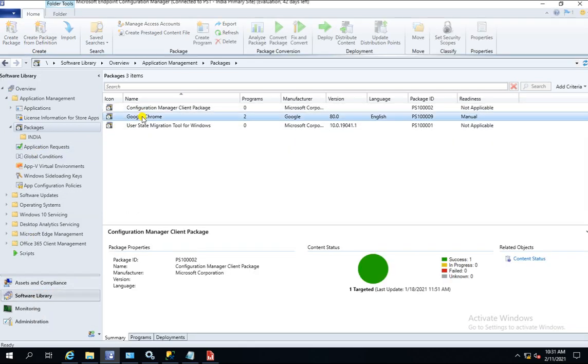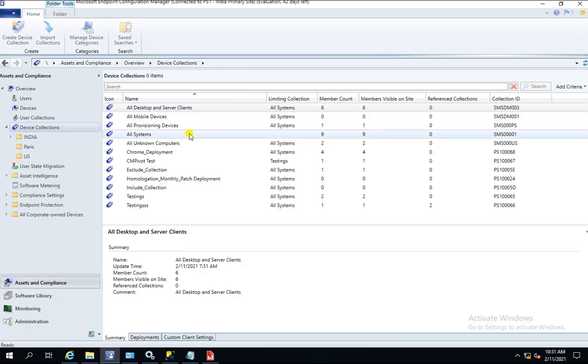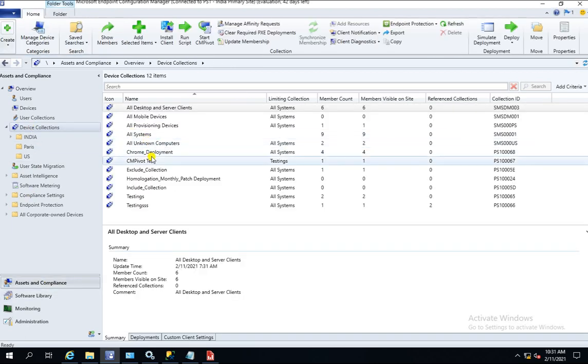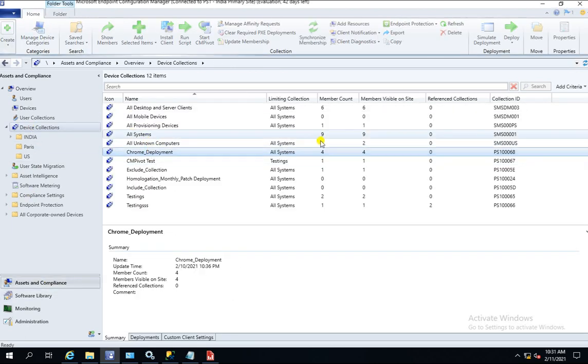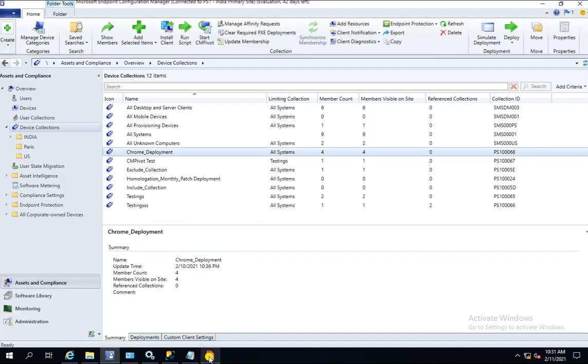This is the Google Chrome package, and I deployed it to the collection called Chrome deployment. Inside the Chrome deployment, I have four machines. As you can see here, there are four machines inside the collection. So we will check what the compliance is for it and how many clients got the policy. Okay, so let me go to the deployment.